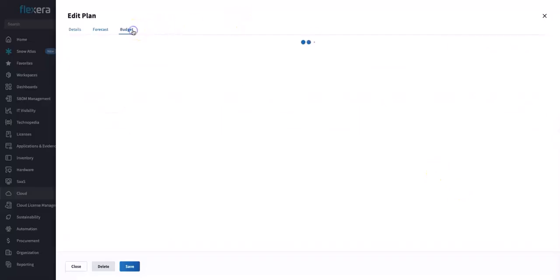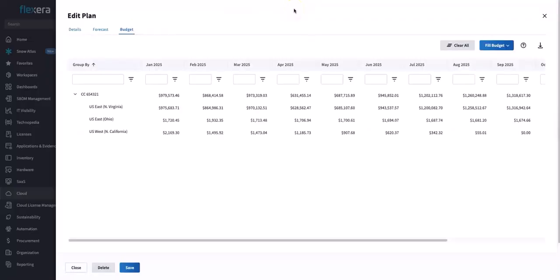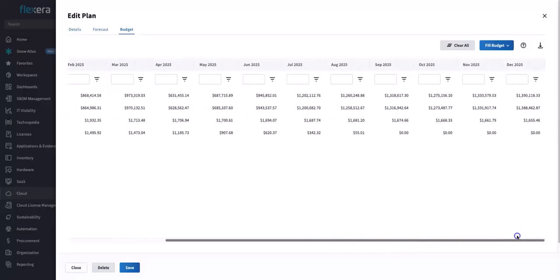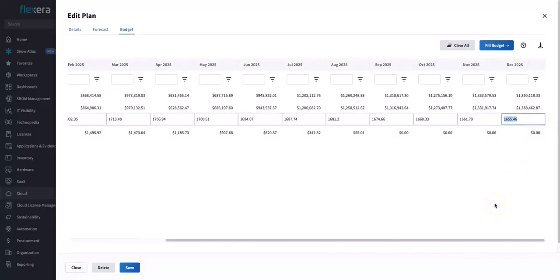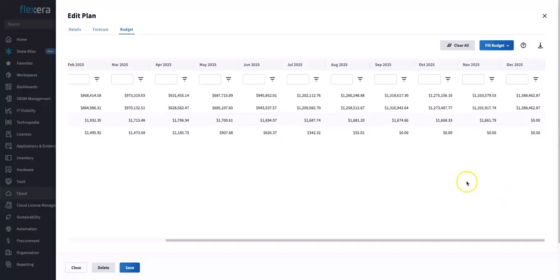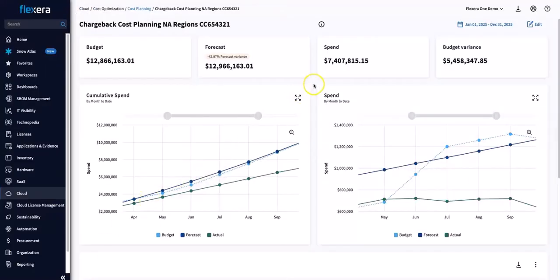Now, similar for budgets, we can go ahead and bring all that forecast data over, and then we can say, vice versa, you might think that you're getting $1,600 in December for this region. However, we are already over budget, so we actually need to cut the budget completely. So similar to forecasts, we want to make sure that we go ahead and add the human element, but also let the tool do the heavy lifting, do all the crunching for you